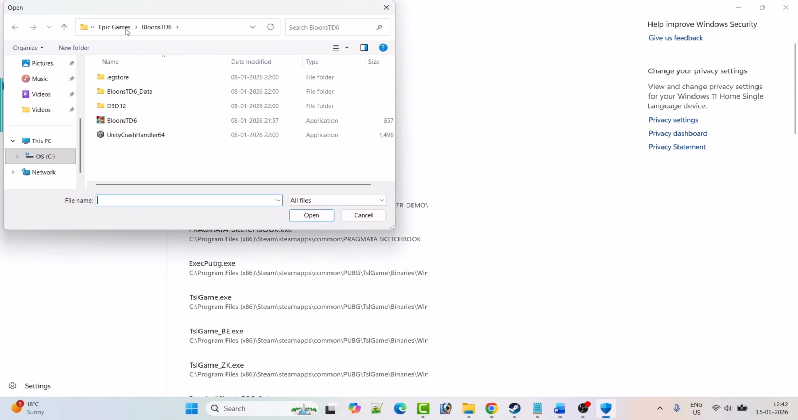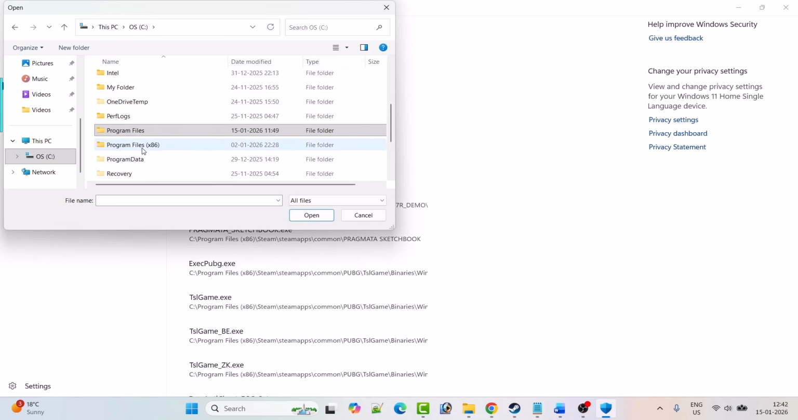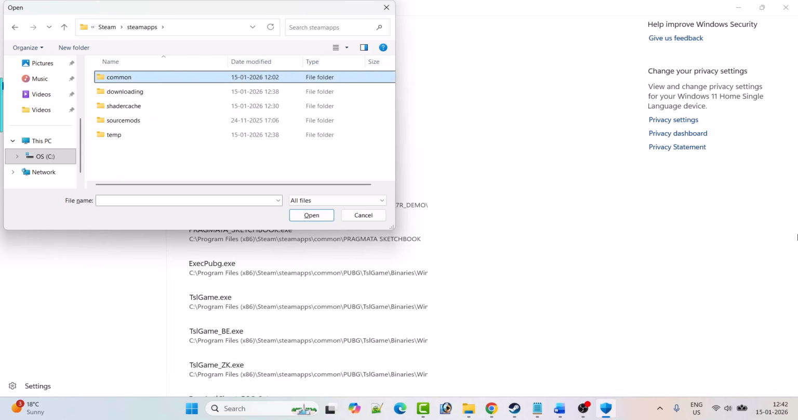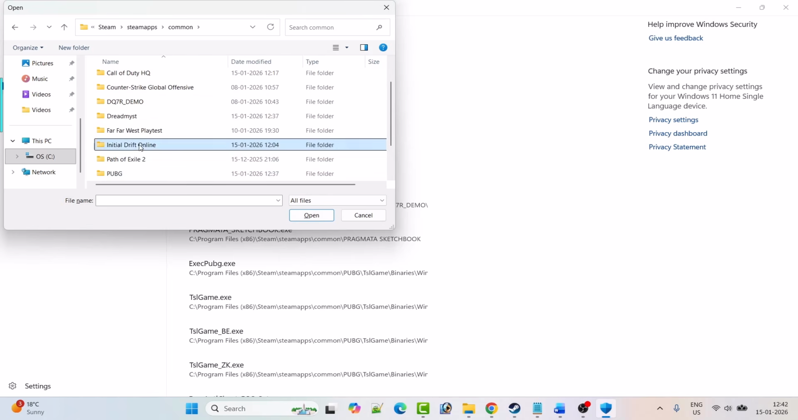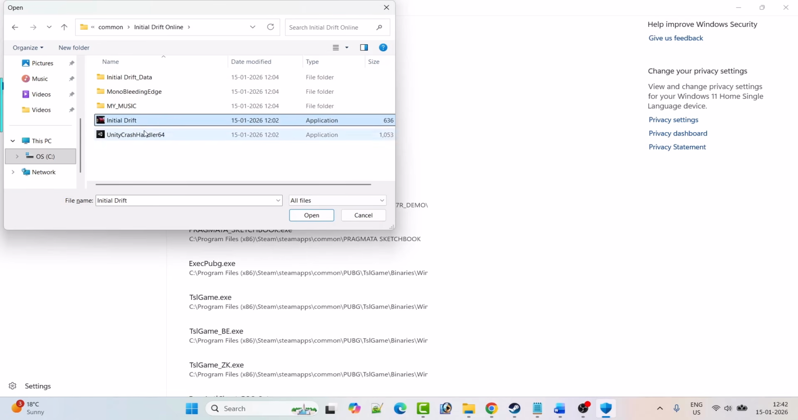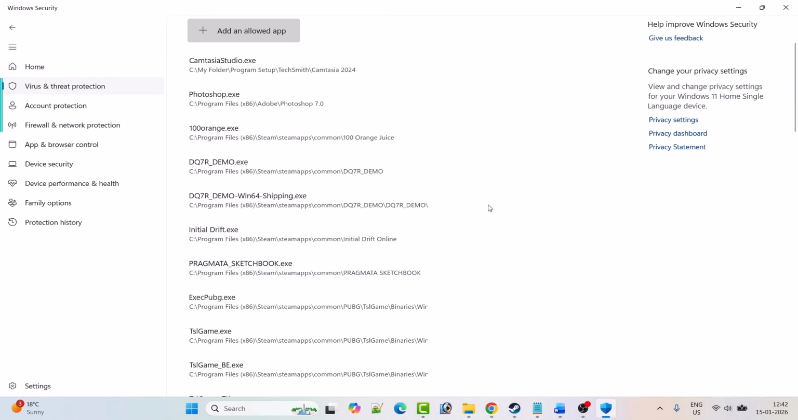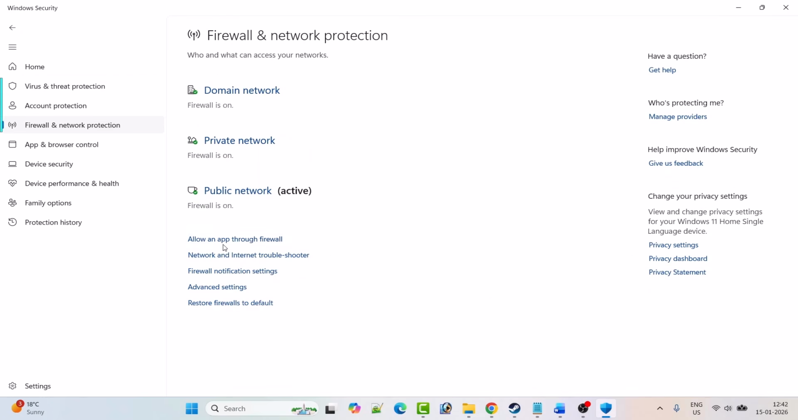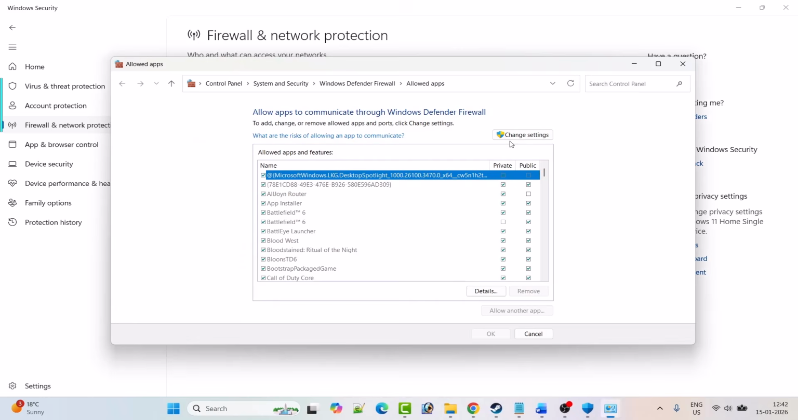And then go to the game installation folder. Open C drive, open program files x86, open Steam apps, open common folder, open Initial Drift Online folder, select Initial Drift exe file and then click open to add it to the list. Now go back, click on firewall and network protection, click on allow an app through firewall, click on change settings,